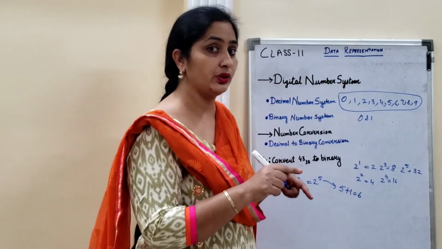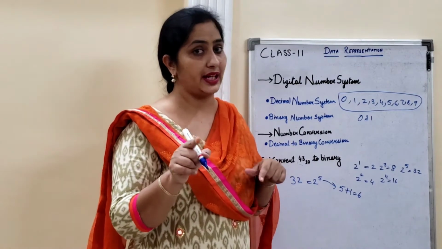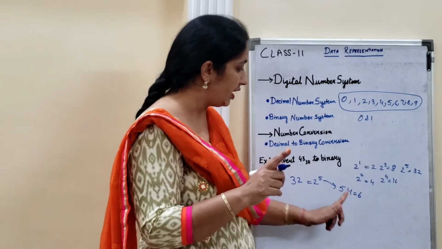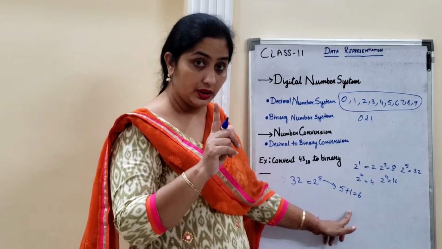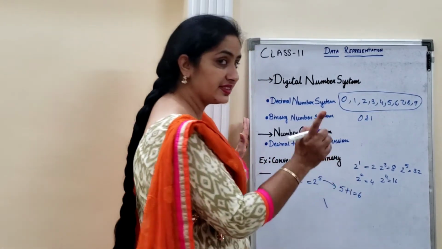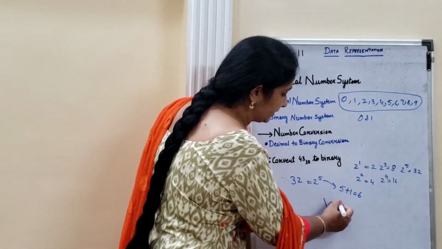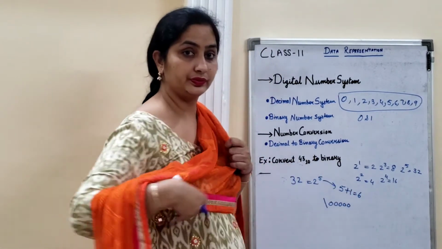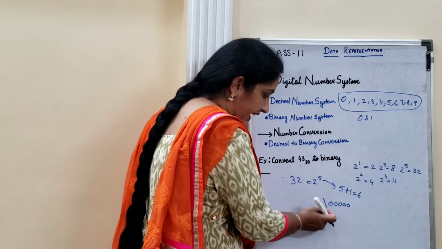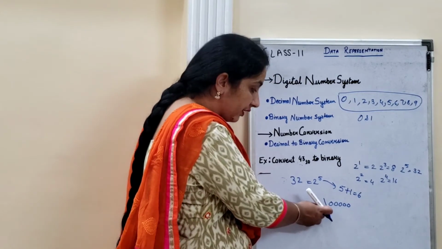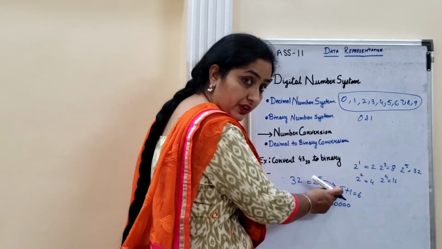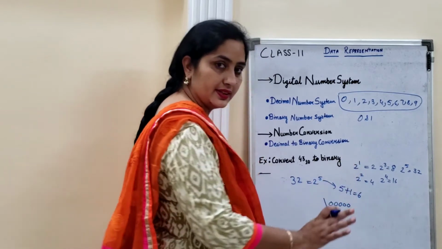As I have explained, MSD and LSD mean most significant digit and least significant digit. Now this is your most significant place. You are going to write 1 at the 6th place and the rest of the places will be 0. Counting 1, 2, 3, 4, 5, this is your 6th place. Why did you write 1 here? Because of the power you got at the end: 5 plus 1 is 6.